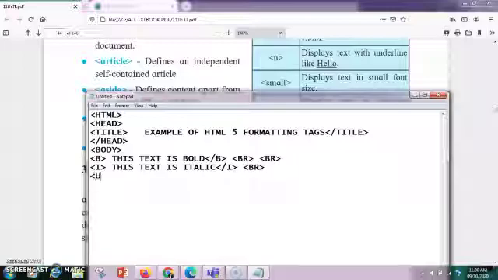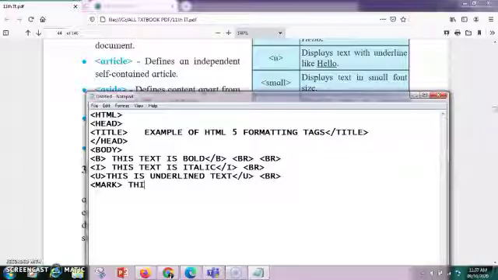Next is the U tag, that's the underline tag. This is underlined text. You can give an underline to your text, and then we'll use the BR tag. After that we have the mark tag. Whatever you write in the mark tag is going to be highlighted.